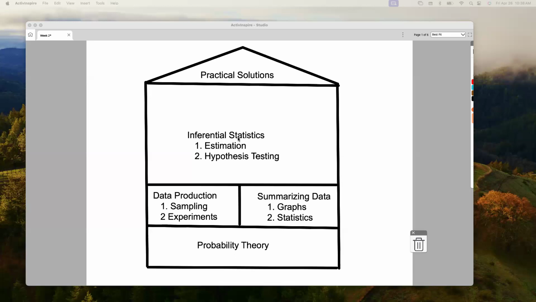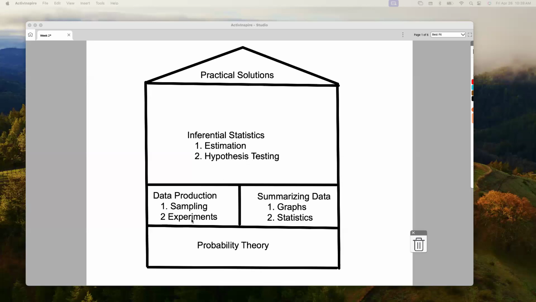We're going to start getting into these two methods that are basically used: estimation, in terms of estimating parameters, things like population means and population proportions based on sample results. And then also something called hypothesis testing, where again, the data that we collect either by sampling or by